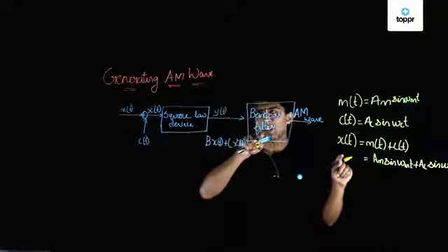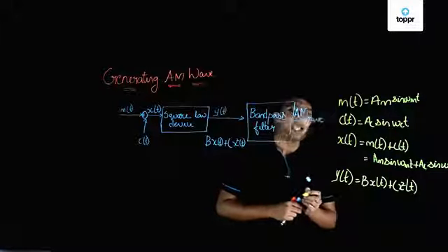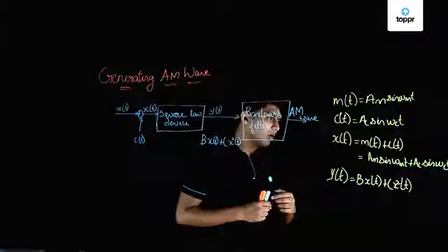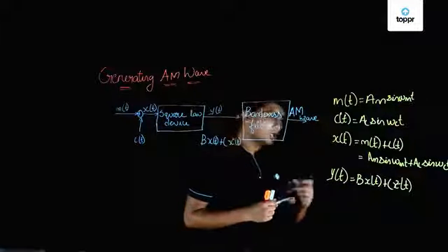Nothing is going to happen with this b and c, because they are constant. Once it passes through the band pass filter, it will be removed. Okay. So y of t is b x of t plus c x squared of t. So now what we have to do is substitute the values of x of t and x squared of t, right? So y of t will be equal to